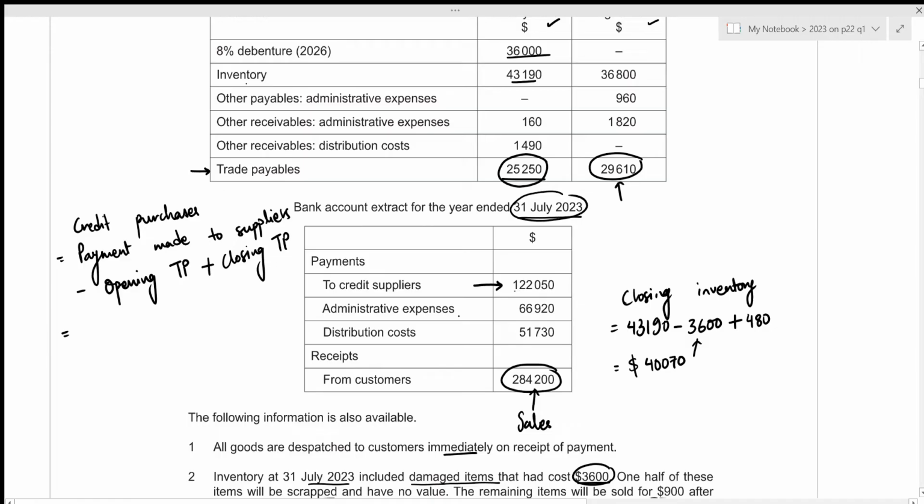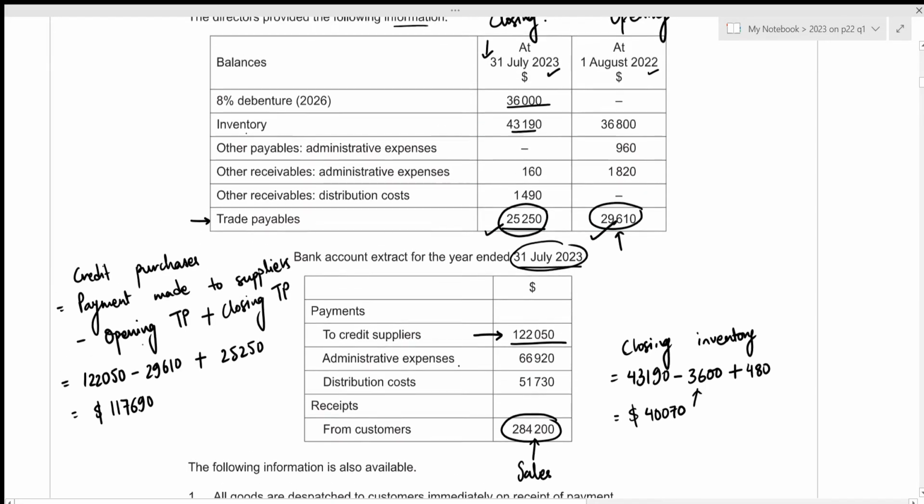Okay, that is all. Let's start with the payment made. That's 122,050. We need to subtract the opening trade payables, which was 29,610. Then we add our closing trade payables, which is 25,250. This will give the value for our credit purchases, or the total purchases in this case, to be